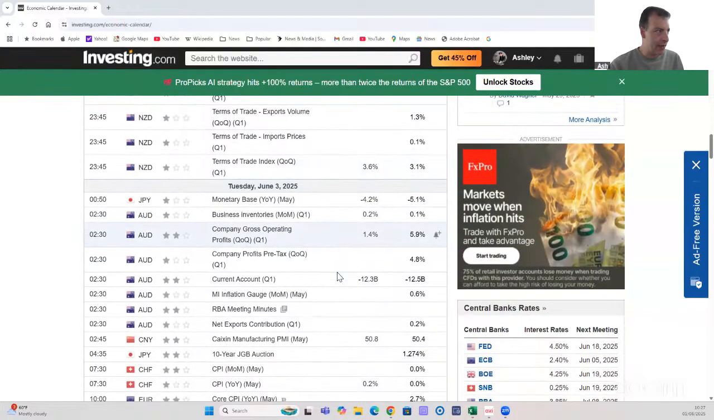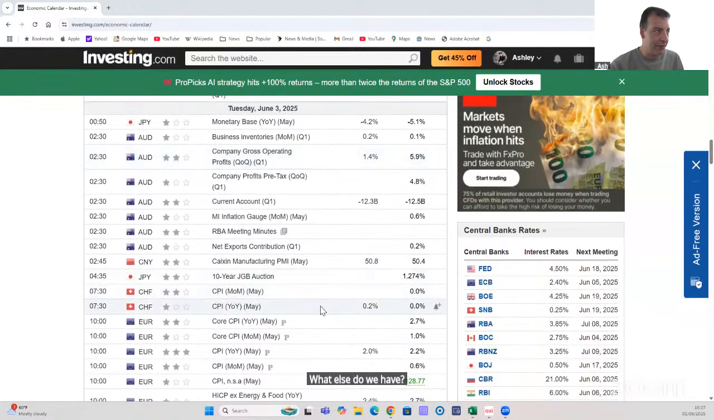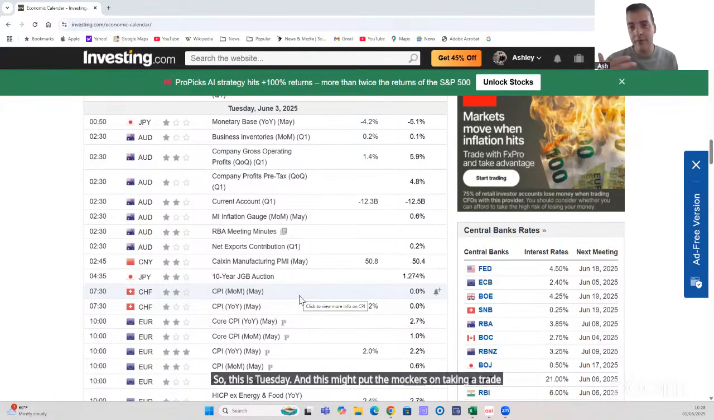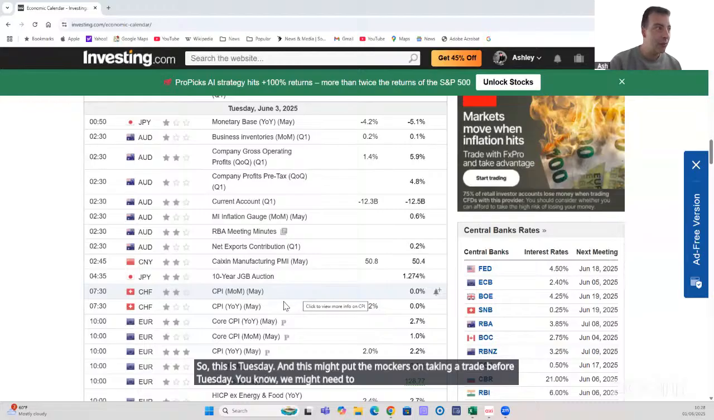What else do we have? Inflation from Switzerland, another big one. This is Tuesday, and this might put the mockers on taking a trade before Tuesday. We might need to see this number released before Tuesday, but it doesn't mean if we don't get a setup, we don't take it. If there's a setup there, we take it, and then we're just going to look to see whether this number kind of matches